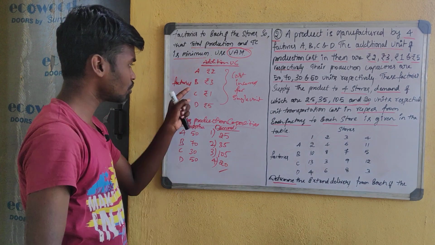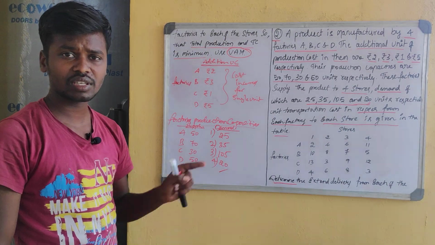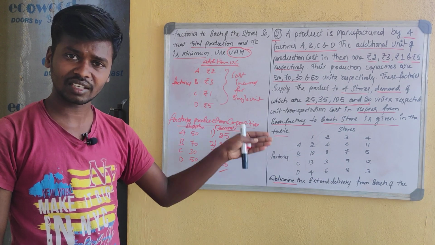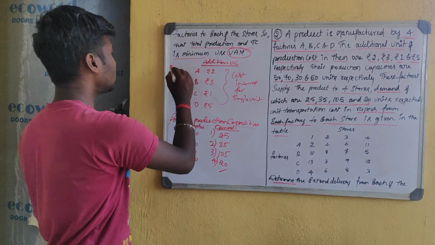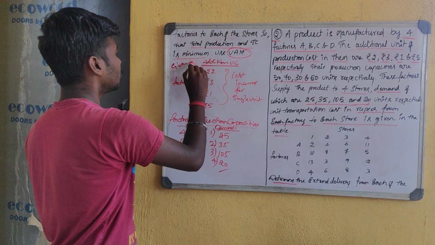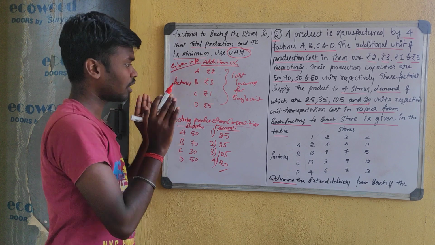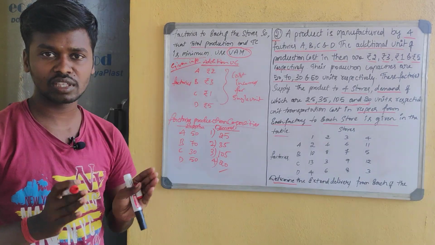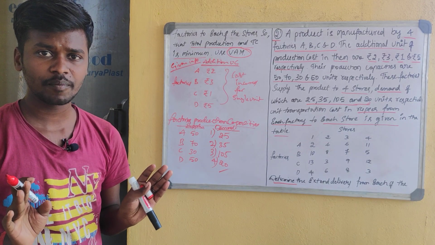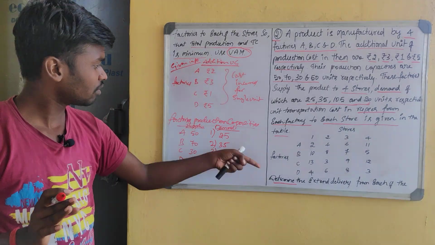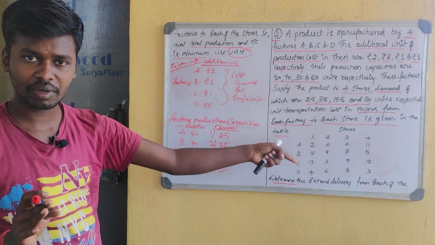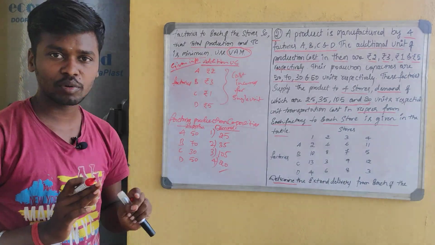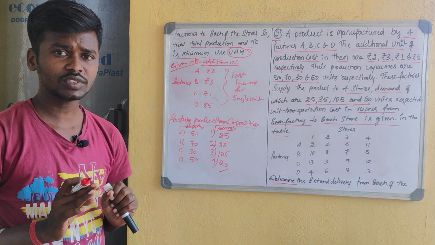So take down the given information first. If the problem is given in a theoretical manner, first of all you have to write down the given information. After writing the given information, 50% of your problem will be solved. So don't get confused. Whatever information is given in a theoretical manner, you just have to write it down in a numerical way or in tabular form.